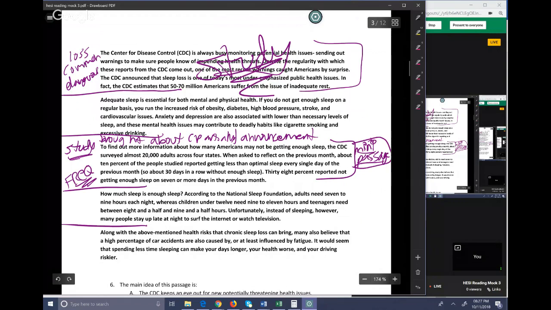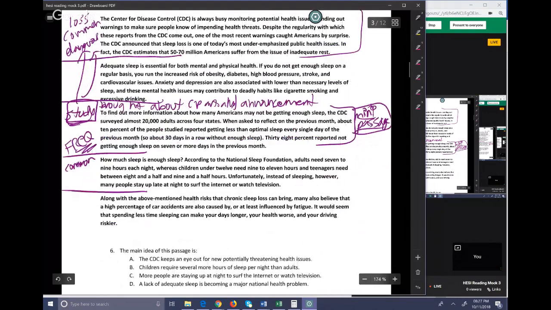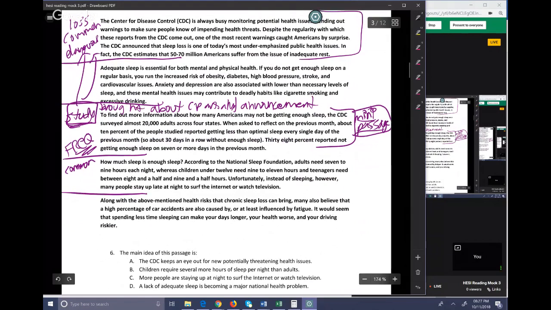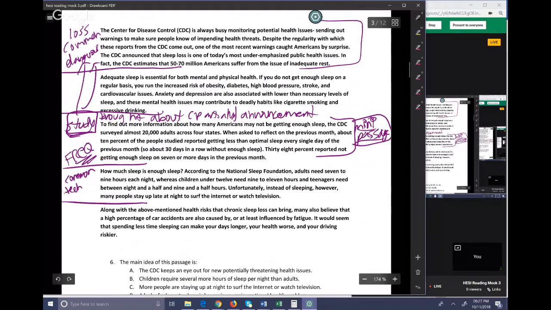The focus of this, we're always thinking about why is each paragraph there in reference to the main idea and what that was. The study is helping to explain the main idea in the sense of how prevalent sleep loss is. The fourth paragraph, I said the commonality of sleep loss. And then it briefly explains the reason that now we're having this problem, which is technology-related distractions. So I said how common it is, and I said the why behind it was tech-related distraction.